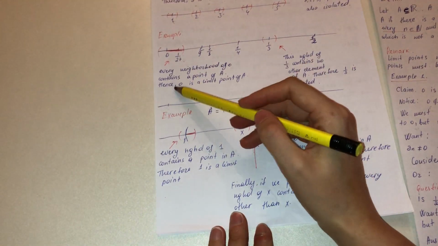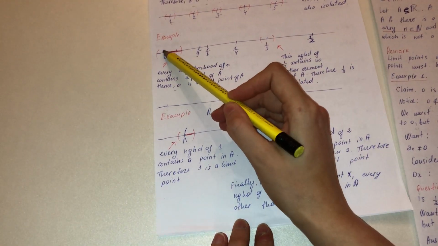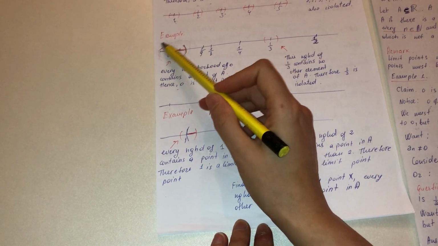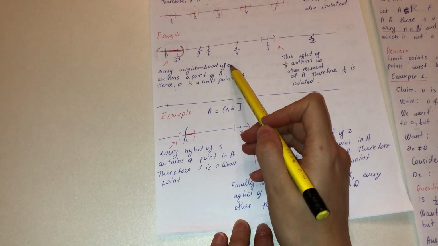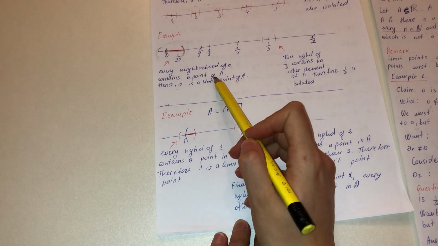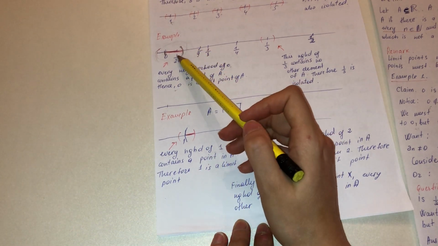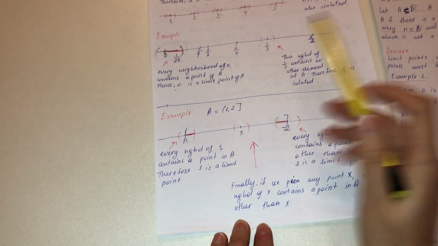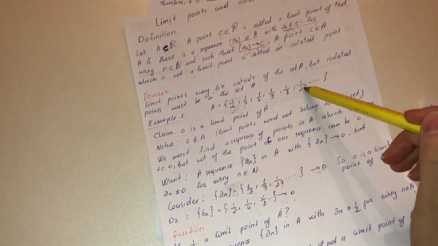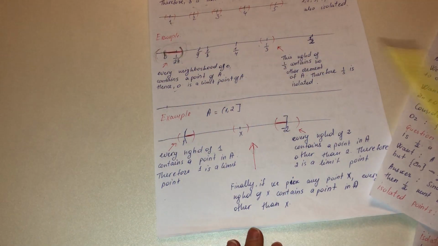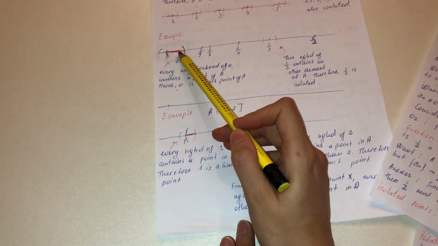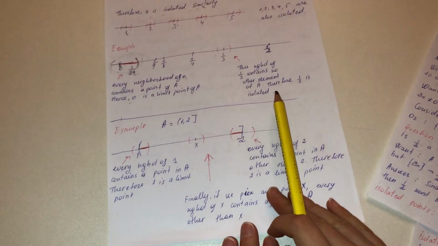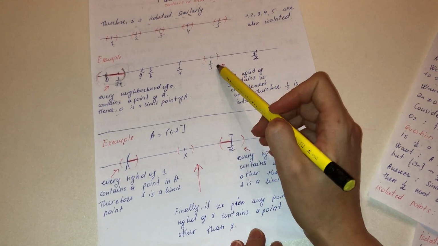Okay, so 0. We can find a neighborhood. Every neighborhood of 0 contains a point of A. As you see, 1 over 27 is a point of A. Here is a point of A. And the neighborhood of 0 contains this point. So 0 is a limit point. Or another